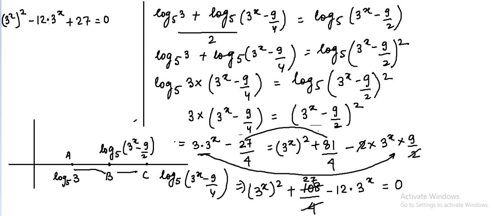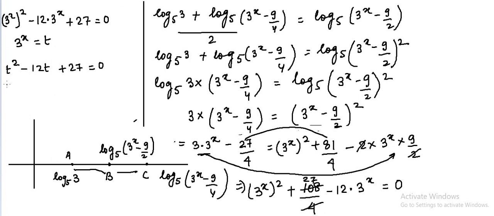Again, one thing I always say that whenever you get this kind of equation, just try to convert this into a quadratic equation to find out the roots. This will help you a lot in solving these kinds of equations. Now, the trick is the same: convert into a quadratic or cubic equation if that equation is possible to. So let's do it. Let's equate 3^x is equal to t. So the equation will be t square minus 12t plus 27 is equal to 0.